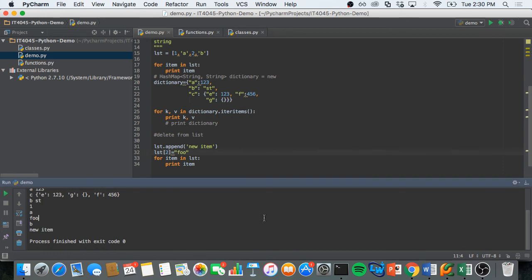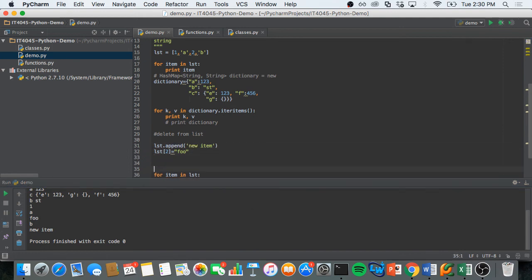Yeah, so pretty easy. When we're dealing with dictionaries, we don't have a way to append, because a dictionary is a key-value pair. So the best way to add to a dictionary is to say the name of the dictionary and then index it like an array, but with the key. Obviously you know in Java that we can't just use this bracket syntax to pull data out of a hash map. In Python, I can just use bracket index